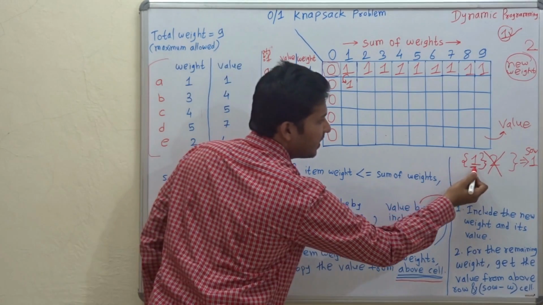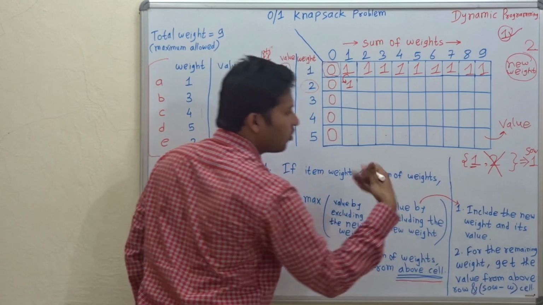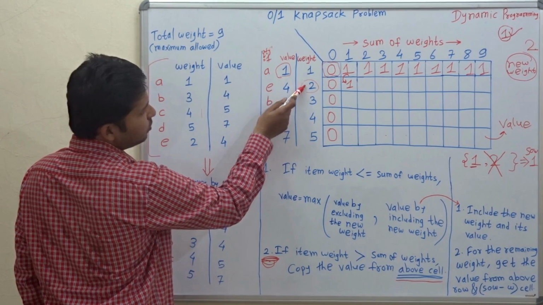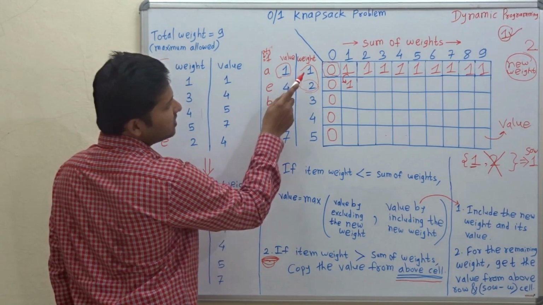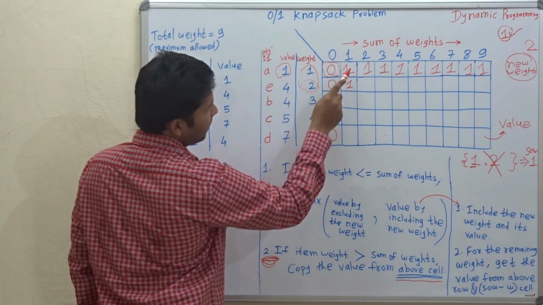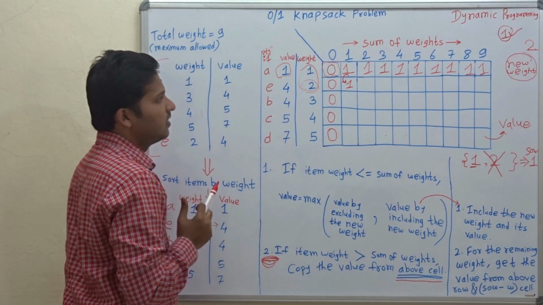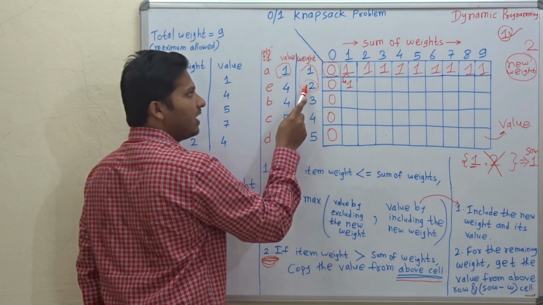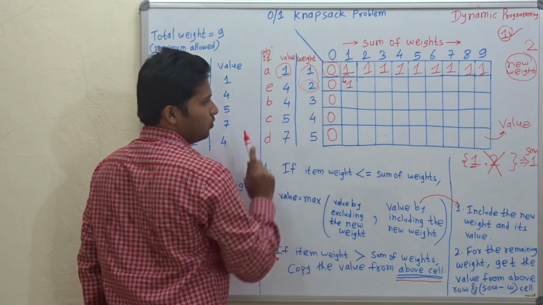Okay, only this weight can be used. The new weight 2 cannot be used. First we had 1, then new weight 2 is added to the list. Okay, so by using weights 1 and 2, if we want to form a sum of weight 1, then what is the value generated? This is the question. But out of these two weights 1 and 2, we are not able to use this weight 2.